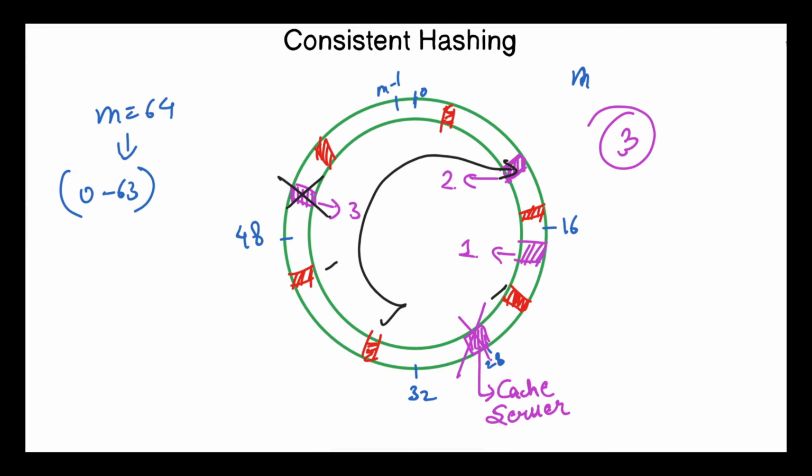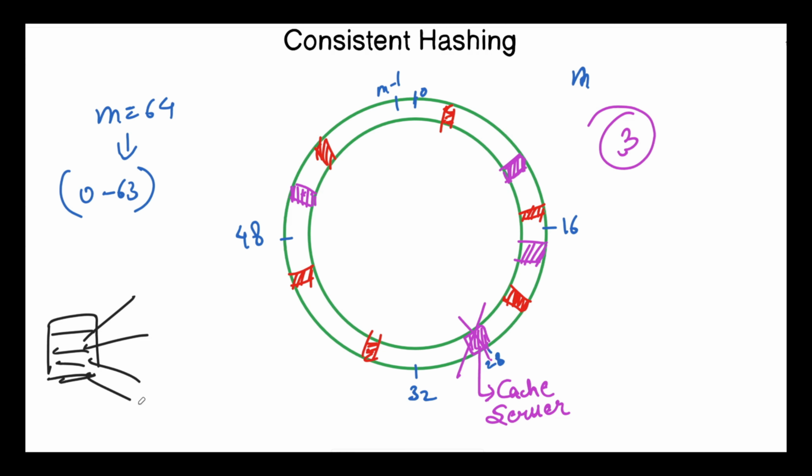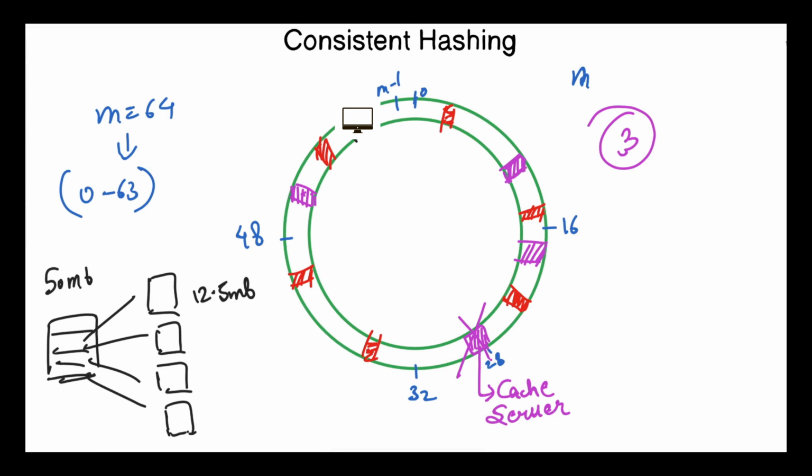This will be solved by the introduction of virtual servers. We will dissect each cache server into a small number of virtual servers. The count of virtual servers will depend upon the size of the physical cache server. So let's say we have a 50 MB cache server and we divide this server into 4 small virtual servers. Each server contains 12.5 MB of data. Basically what we do is increase the count of the cache servers by adding virtual servers, which makes the distribution go from an uneven state to a uniform state. So instead of the physical servers, the virtual servers will be present on the ring.